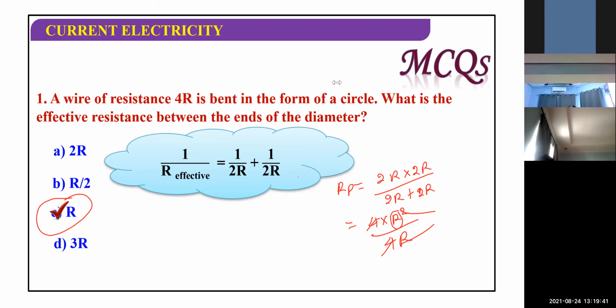Calista, you asked me how I got this 2R? Wire having the total resistance. Now children, that I'm over, those who want to leave, you may leave. I have just one query from Calista that I want to explain to her. The rest of the students, if you want to leave, please, you may leave.